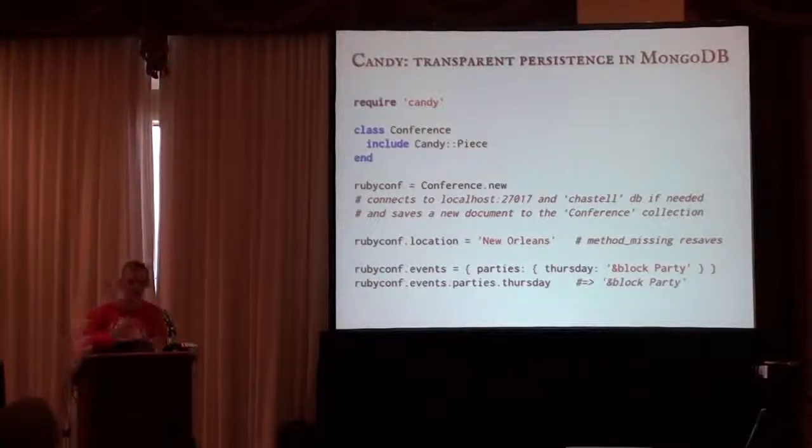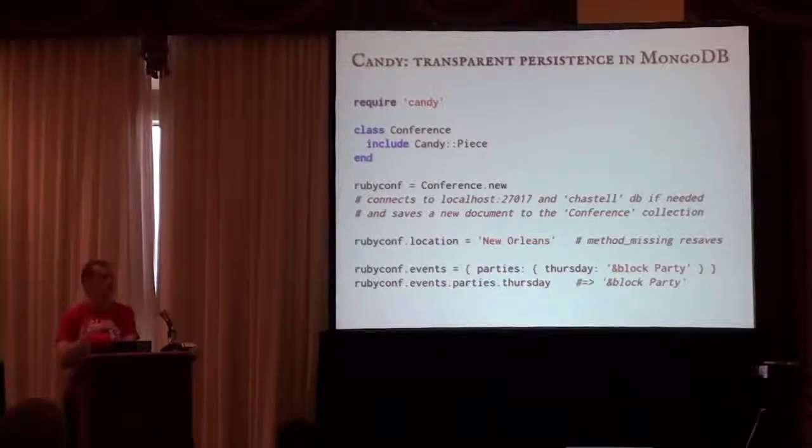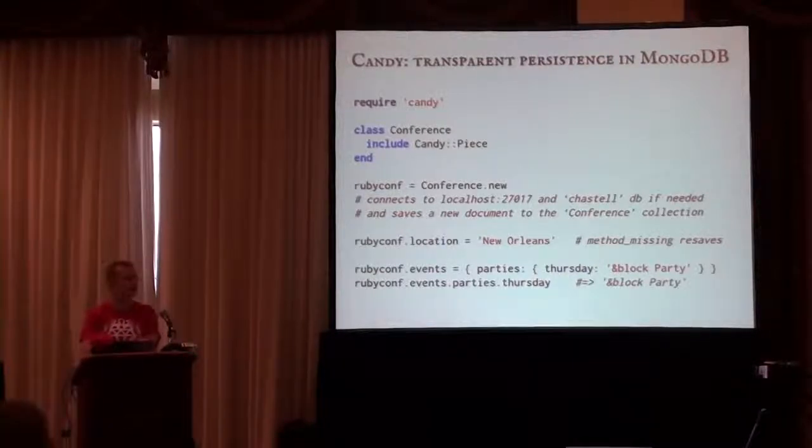And Steve, the last time I checked, which was a year ago, and unfortunately there was no development on Candy since then, actually creates a layer that would do this asynchronously. Because obviously the drawback is that anytime you write something to your object, there's a database query. But you can actually abstract it into an asynchronous layer.